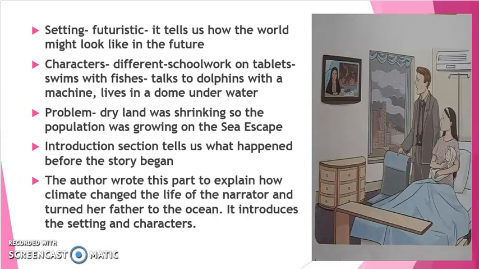And question number 3, what does the author talk about in the first paragraph? In the first paragraph, he tells us how Tara's grandfather died and how Tara's father was the main person to work on the colonies in the sea escape. So you need to write that. Did you like that part? Yes or no, that's up to you. But please see that you support it with reasons.